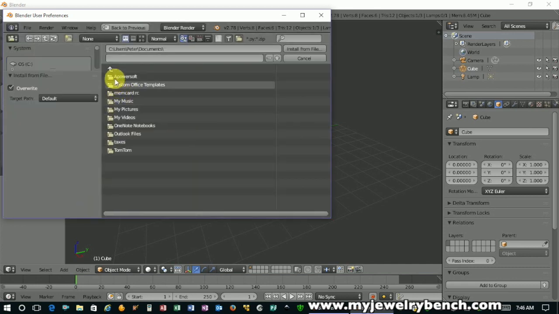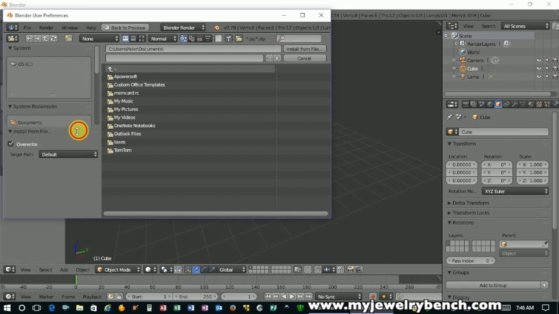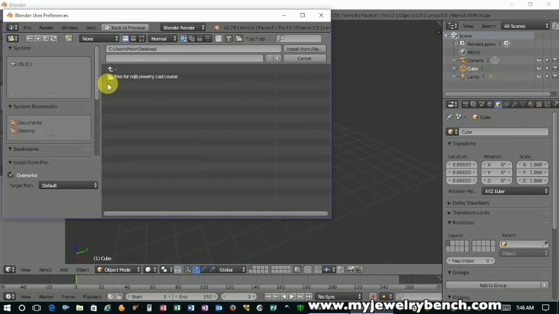Since my downloads are on the desktop, we'll click on Desktop, and you can see the folder. And we're going to start with the Asset Flinger, which is the library add-on. We'll click on that, and then click over to Install from File. It'll take just a second to install. You'll see a different window appear, and you put a little checkbox in that, and that activates the Asset Flinger